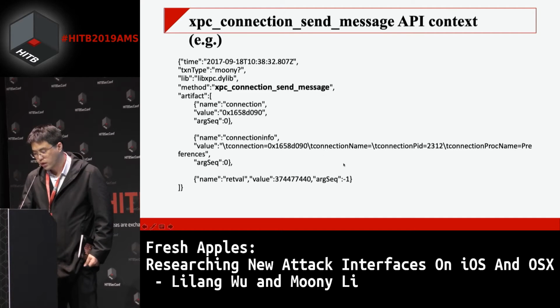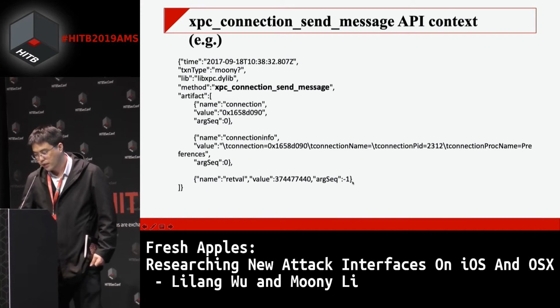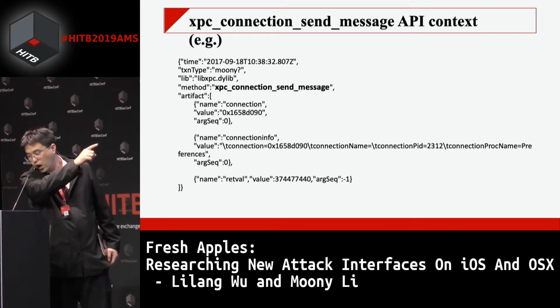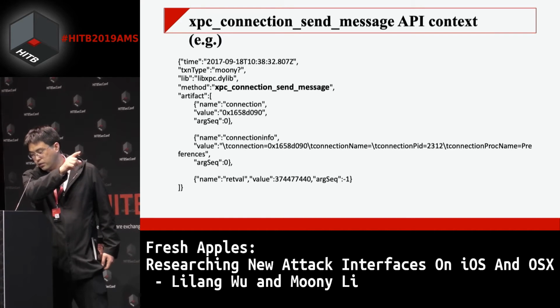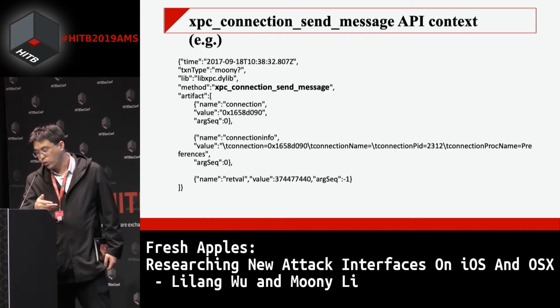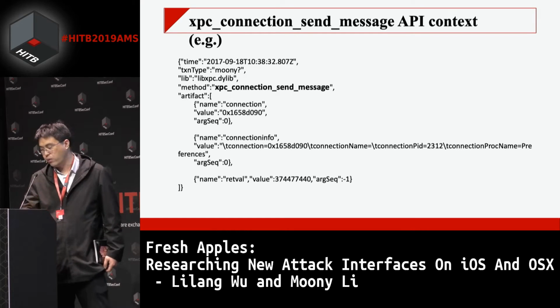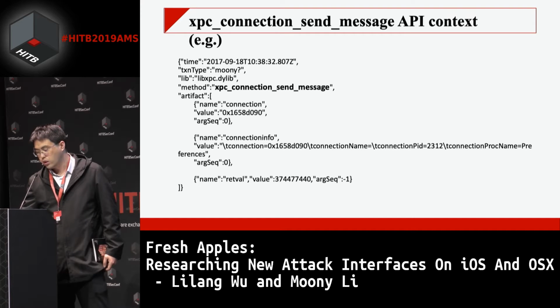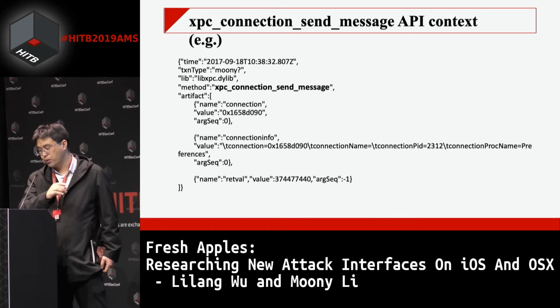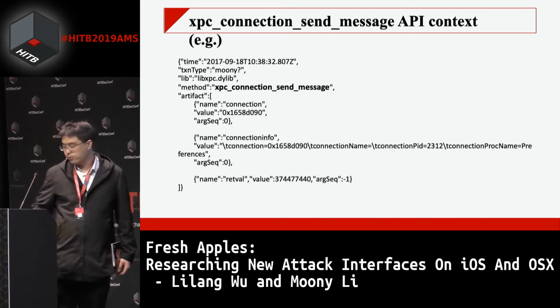We can hook this API, named XPC connection message, and we can also extract the arguments in the artifact part. The name of the connection and the value of 1645. The argument sequence number is 0. And we can also get the concrete values, such as the connection value, the connection name, the connection process ID, process name, and also